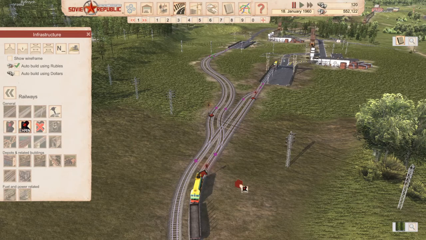So what you do instead would be to change this to a chain signal. And what this means is this chain signal will look down the lines and see if one of these two signals are green or not. So this signal here being red means that it won't allow that to go through that signal. But because this one up here is green, it should,